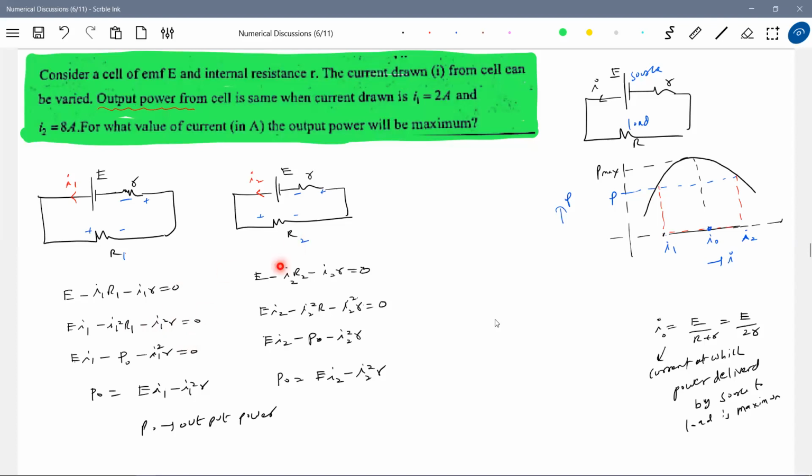Students in general think like this, R1, R2, let it be. Now, come to this graph. You know this one. I think it can happen, because the curve will be like this. Can you remember maximum power? This is when the resistance becomes equal to the internal resistance. This is what I know. How to calculate, we know it. What is I1? We should write. The biggest problem is that the question only tells that the output power from the cell is the same and the current drawn is I1 and I2. Only that much information we have.